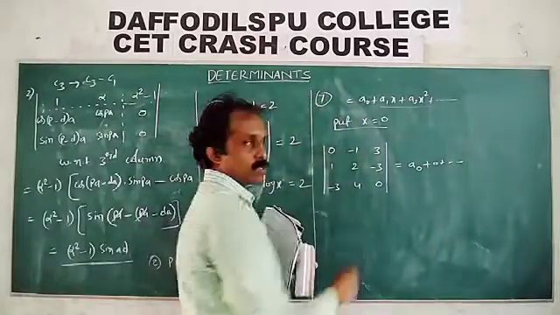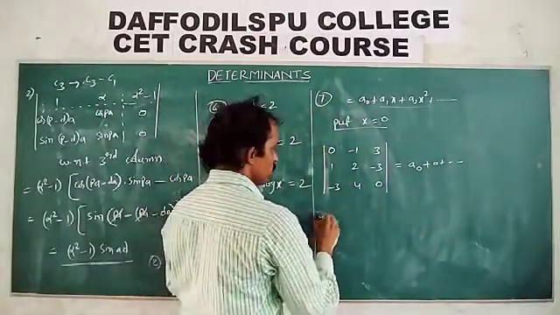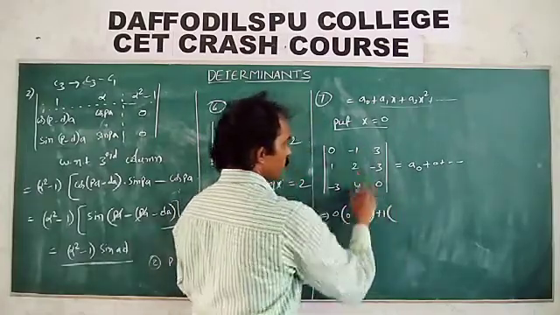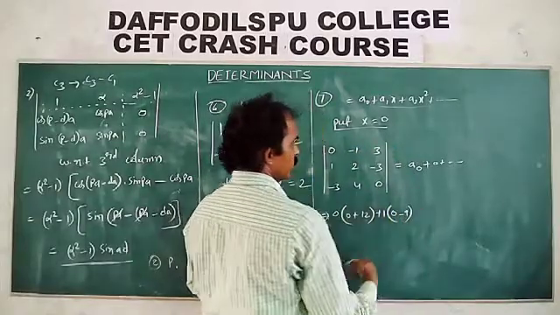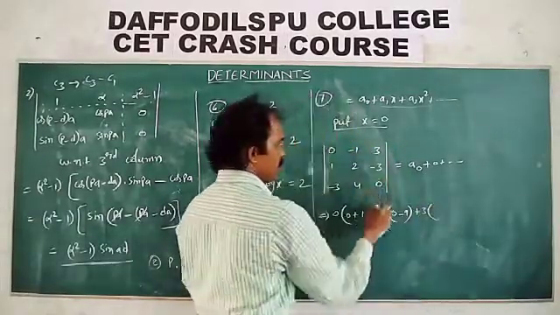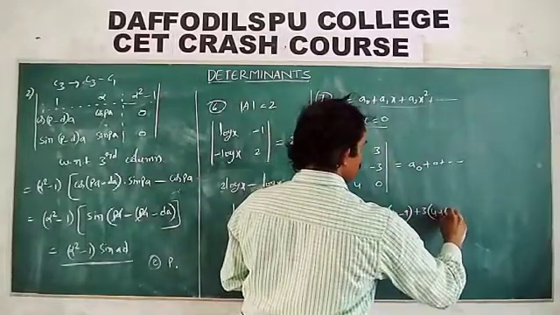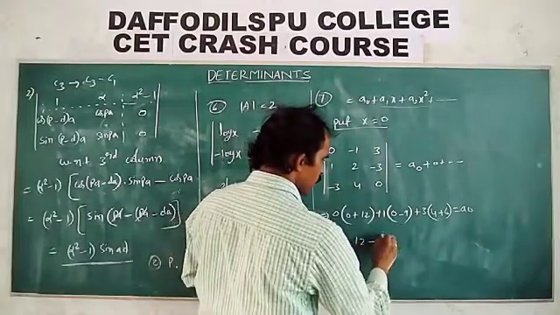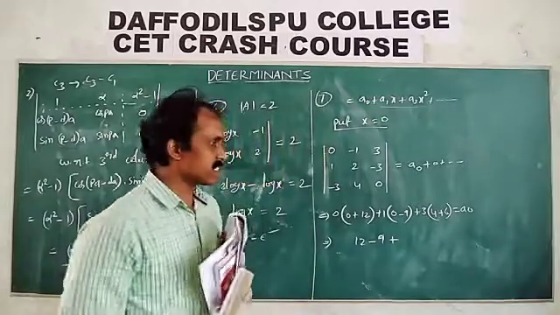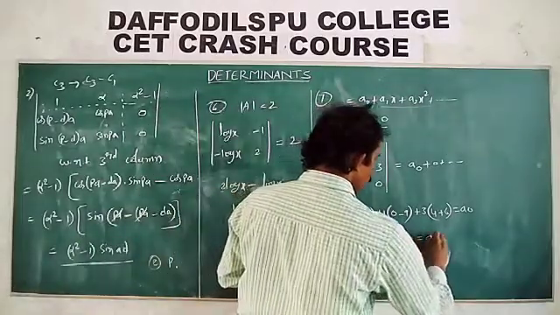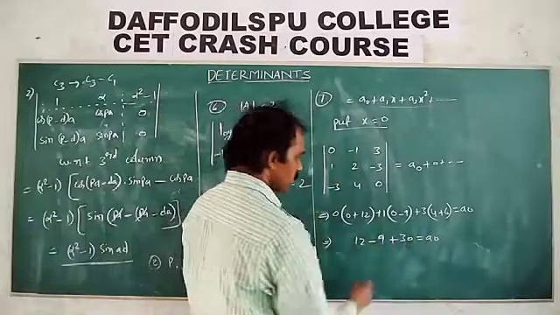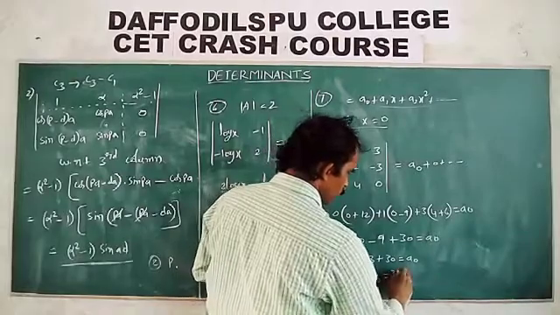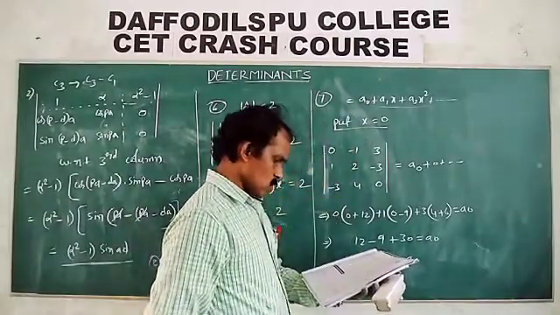Right, find out this value with respect to first row. Simplifies: 0 of 0 plus 12, plus 1 of 0 minus 9, plus 3 of 3 of 4 plus 6, is equal to a naught. That implies 12 minus 9 plus 6 plus 4, 10, 10 3 is 30. 30 is equal to a naught. 12 minus 9 3 plus 30 is equal to a naught. A naught is equal to 33. Is there an option? Okay, not there.